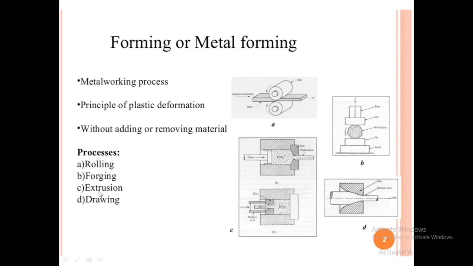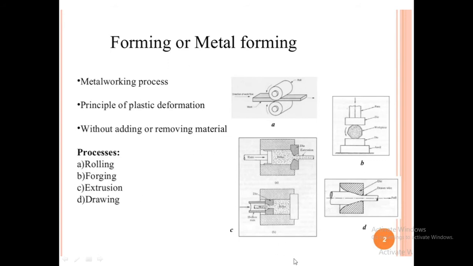Then another one is extrusion. Extrusion is simple; take the example of an injection, in which when we apply force on a plunger, the fluid comes out from the other end. Similarly, extrusion is applied here. The raw material is called a billet, and here is a ram. When we apply force on the ram, the billet comes out from this side and its size and shape change, and we get the desired output. This is called extrusion.